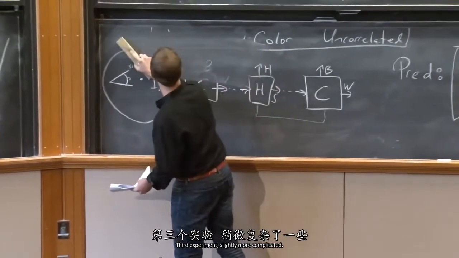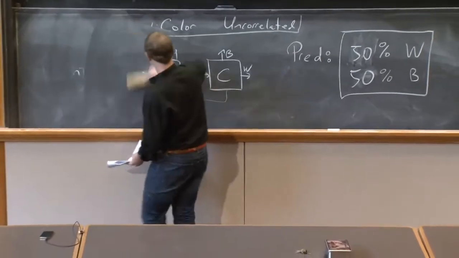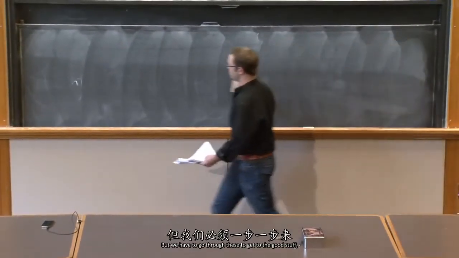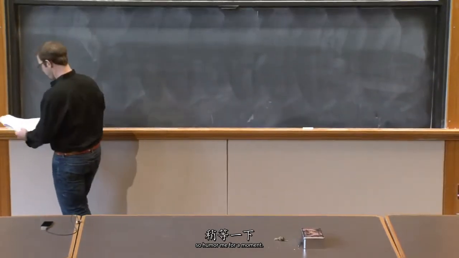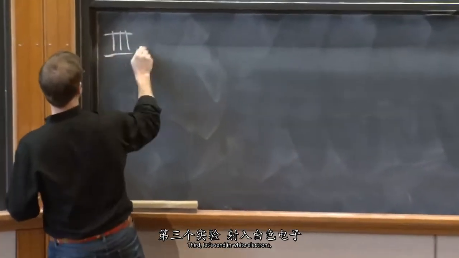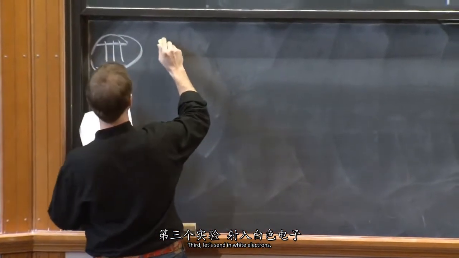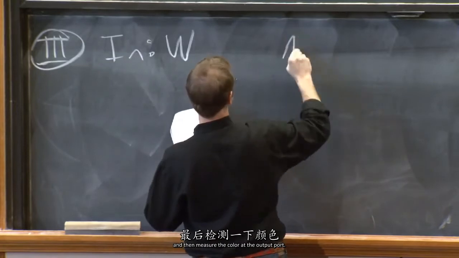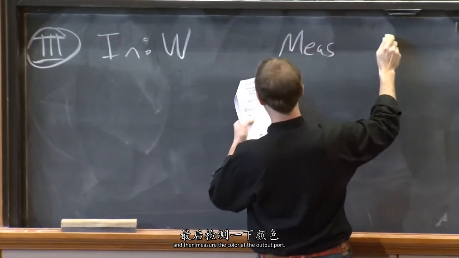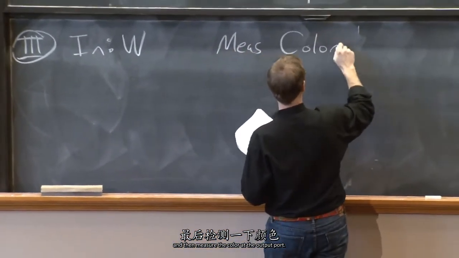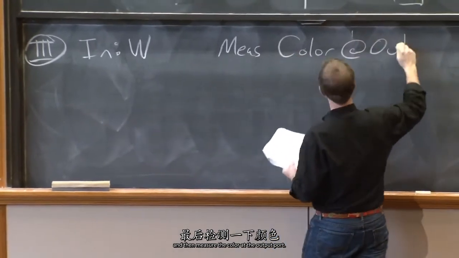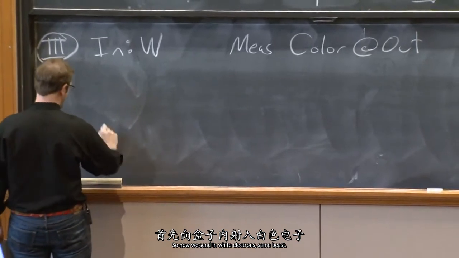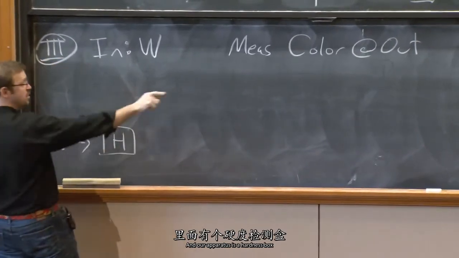OK, third experiment, slightly more complicated. But we have to go through these to get to the good stuff. So humor me for a moment. Third, let's send in white electrons and then measure the color at the output port. So now we send in white electrons, same beast, and our apparatus is a hardness box with